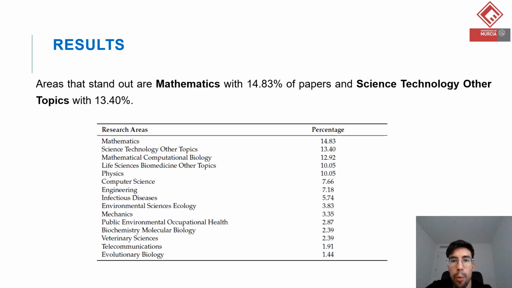This table shows the research areas of the different journals. As can be seen, areas that stand out are mathematics, with 14.83% of papers, and science, technology, other topics, with 13%, followed by mathematical computational biology, life science, biomedicine, other topics, and physics. The research coming from these areas includes new methods and mathematical models, both from theoretical and applied points of view, which address calculating the probability of transmission of an epidemic, how to control the transmission, control measures, prevention,